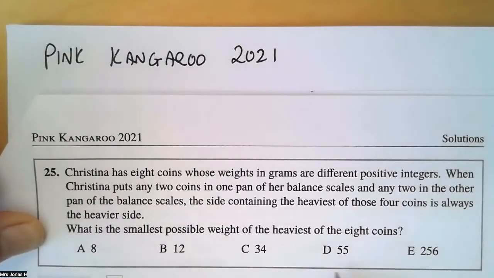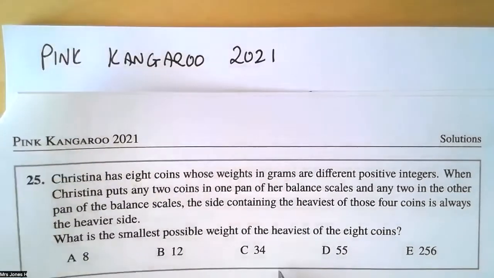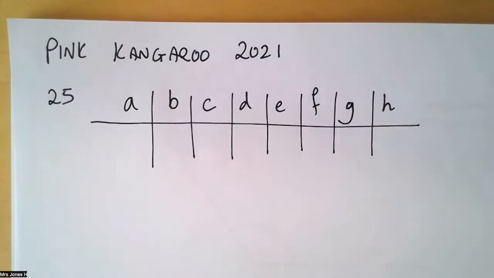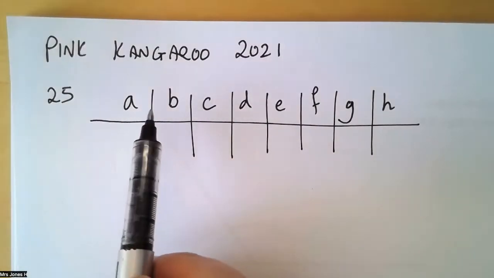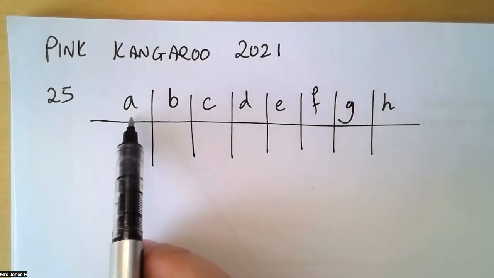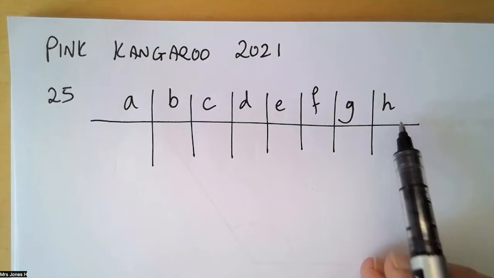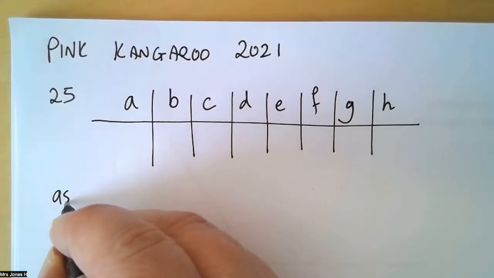The answers are going to be important here, and we're going to come back and check that one of these is possible once we've made some assumptions. So what I'm going to do is let the coins have the letters. So the lightest coin is A up to the heaviest coin, which is H. We're going to start by assuming